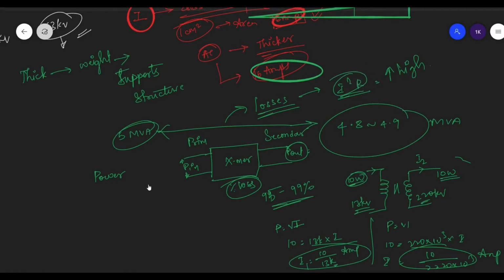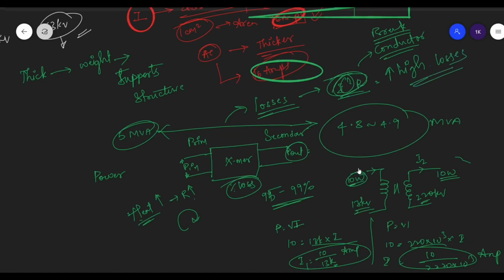If I square R losses increase, then heat will be developed, and due to heat the resistance of the conductor will rise further, and this cumulative process keeps continuing. So at some point, due to this high I square R loss, the conductor starts melting, which we call breaking of the conductor. All this happens because of the high value of current, and a huge amount of loss also occurs here.